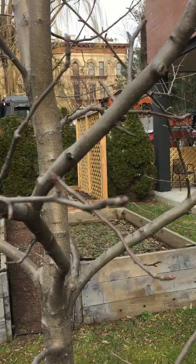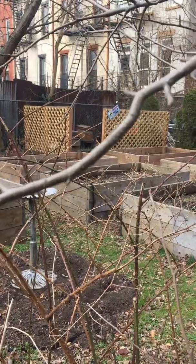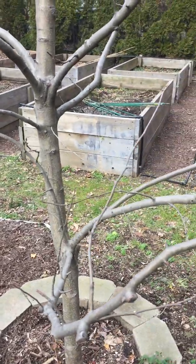That right there. And the little smaller buds, like that one, are your vegetative buds. And those are where the leaves come out. So when you're pruning, you just want to make sure that you're not taking off too many of those fruiting